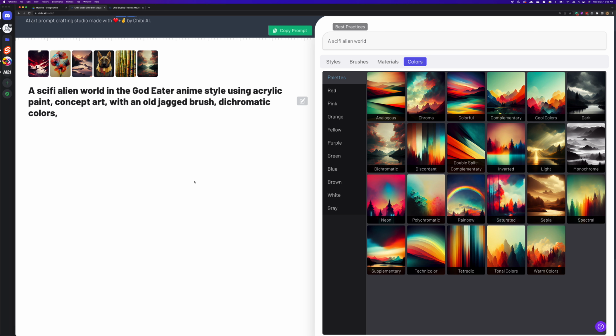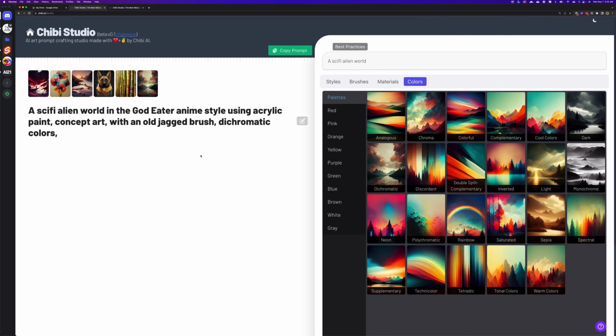This tool is the Chibi Studio. When I say this tool, this is just the very beginning. Like I said, this is 0.1 of the beta. There's going to be more styles, more brushes, more materials. We're going to add composition, lighting, maybe even 3D rendering type of vernacular words, dictionary stuff, you know. And this is going to be blowing up into a ton more features for you to be able to pick from. And we're also going to start integrating Chibi's brain into this as well